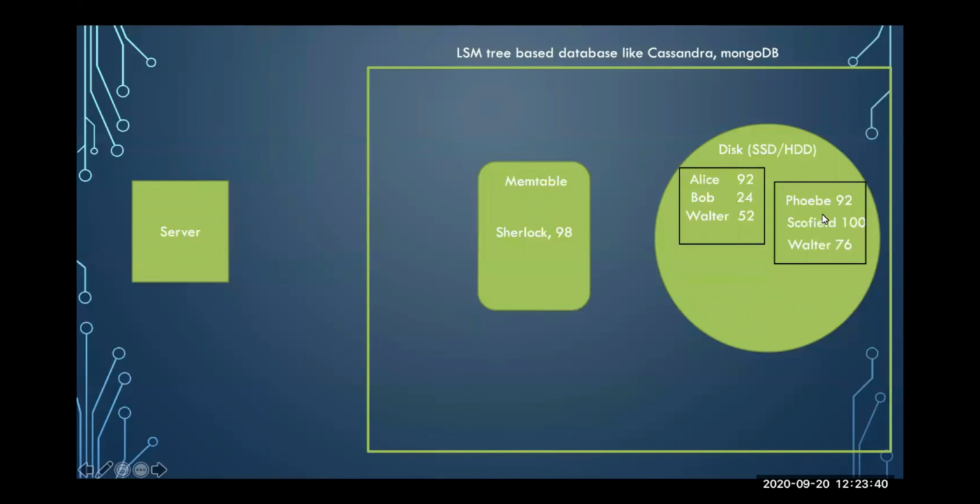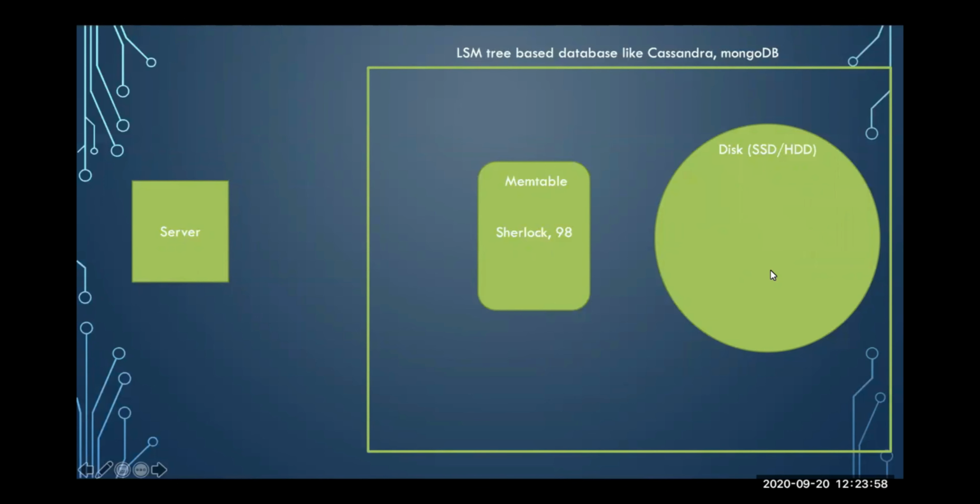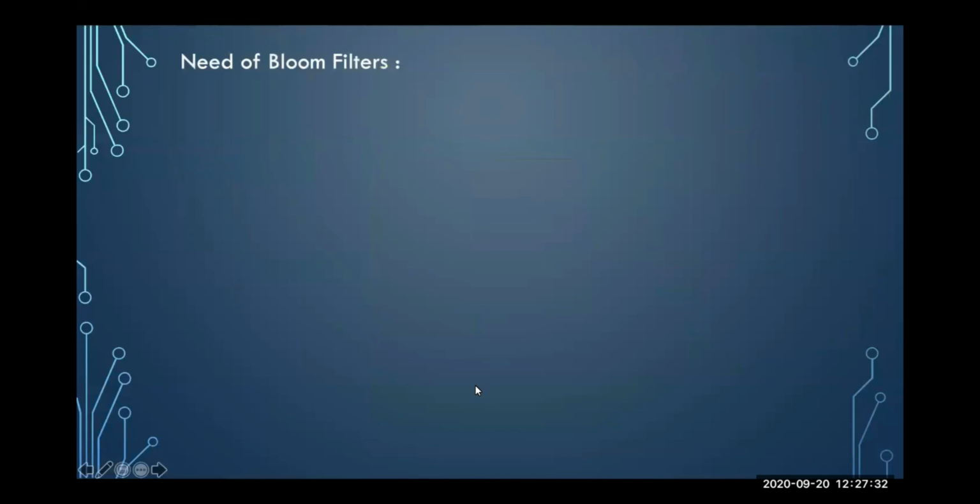So if you take our previous example, you can see that the Walter key was getting repeated in two of these tables. The compactor thread will run and it will compact these two SS tables into a single big SS table by removing the redundant key Walter in one of the SS tables and updating it to a newer value. This compactor thread usually runs once every 30 minutes and it compacts all the SS tables present into a single big SS table. Coming to the next topic, need of Bloom filters.